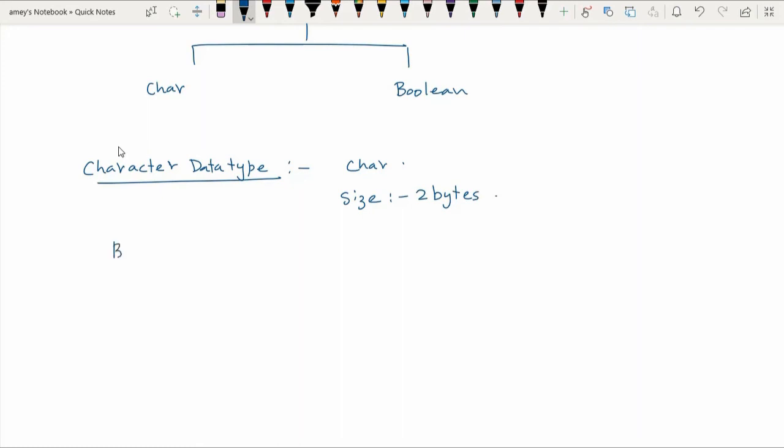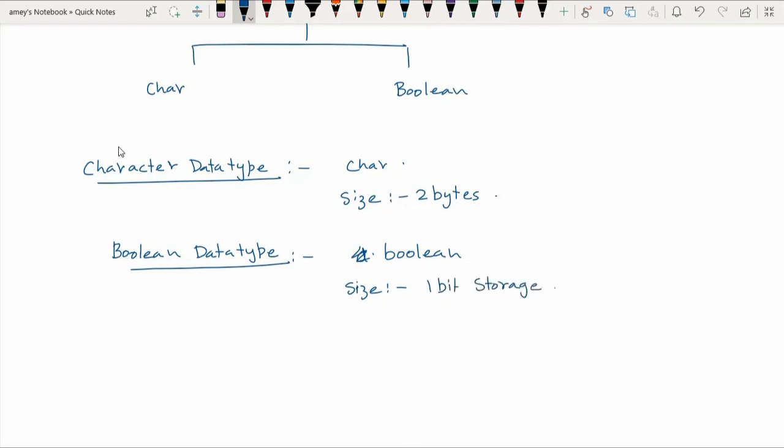Next, when you talk about Boolean data type, the data type is written as boolean only. If you talk about the size, it takes 1 bit storage. And the values taken by Boolean data type are true and false.